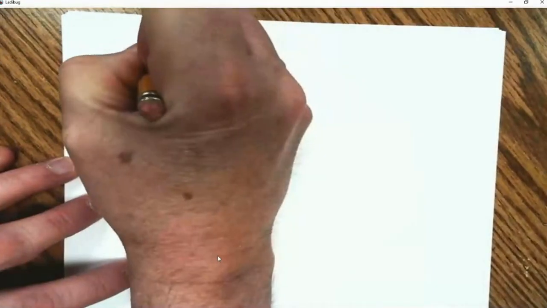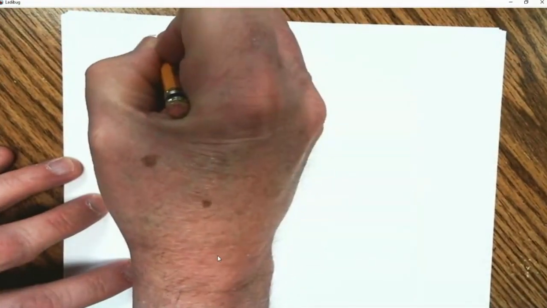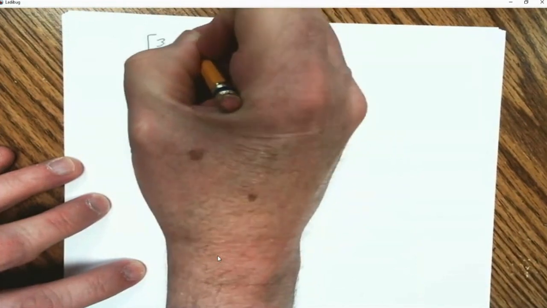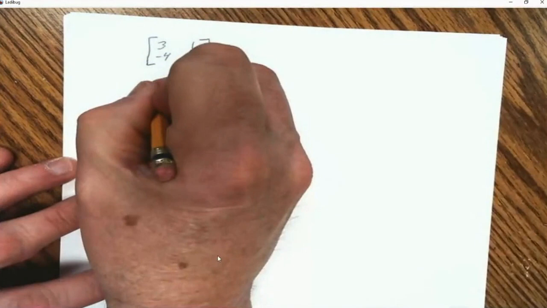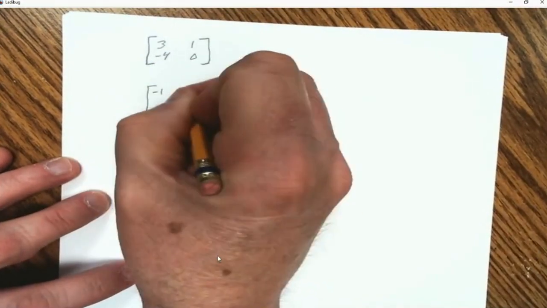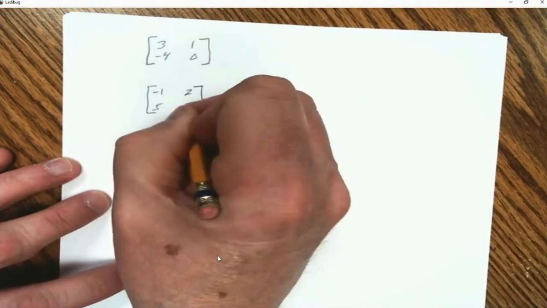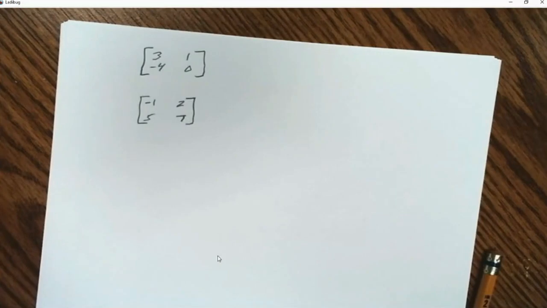They want to do a 2x2. So if we have a 2x2 matrix, and let's say it's 3, 0. There we go. We'll have that. And I'll do a second one that doesn't have a 0 in it, just to show. So we have a -1, and we have a 2, and a 5, and a 7. So the way you do the determinant